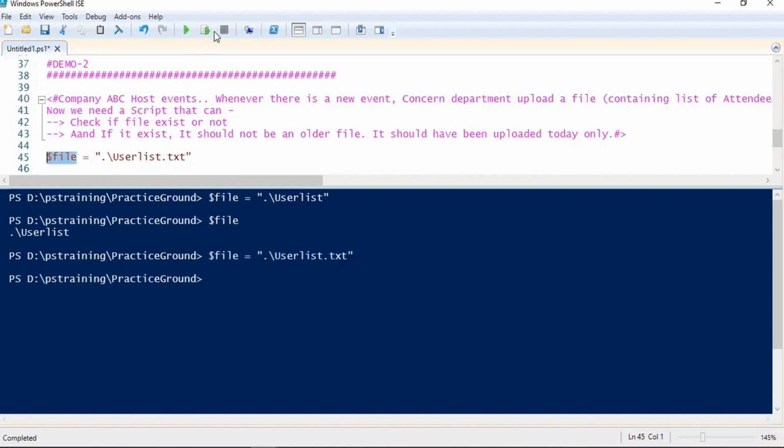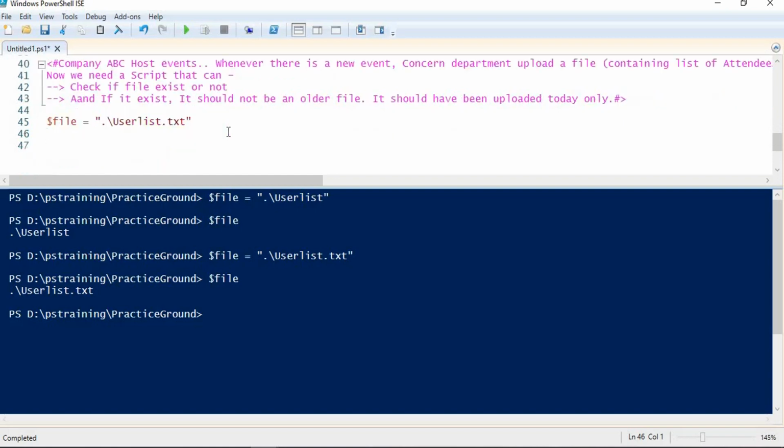If I run this, I'm getting a txt file under this variable. Next I need to define yesterday's date so that I can compare whether my file is newer than that or not. So we need to create a variable with a meaningful name, which I'm creating as is yesterday.